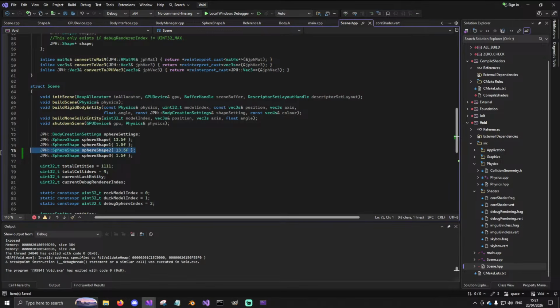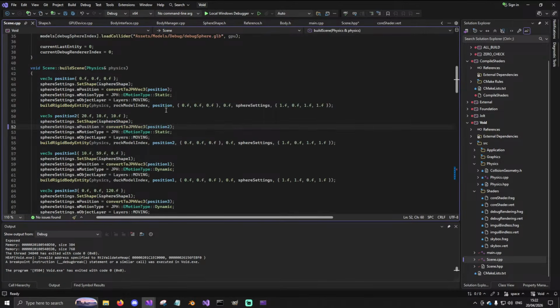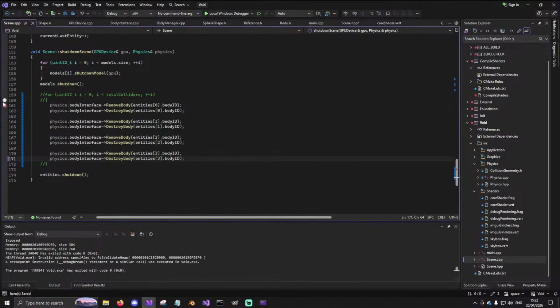So let's order these from big sphere to small sphere. So 1 and 0 are the static, and 2 and 3 are the dynamic objects. Let's do that again then. Okay, so